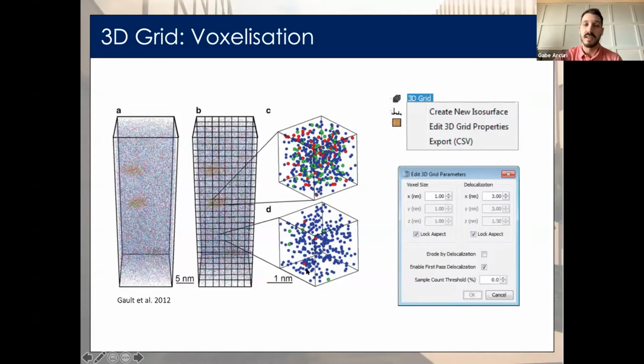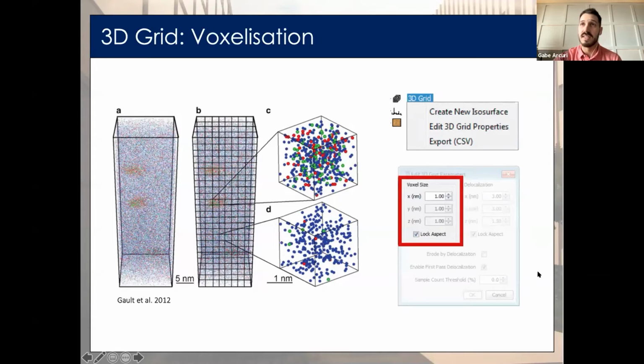So in IVAS, a 3D grid is automatically created when a POS file is opened. However, it can be edited by right-clicking our 3D grid, shown here, and selecting the 3D Grid Properties tab. And this will open a new dialog box where we can then select the X, Y, and Z dimensions of our voxel. So the selection of the grid size,